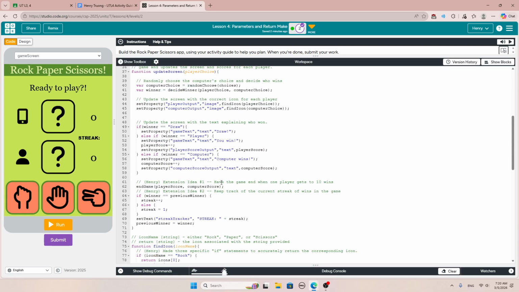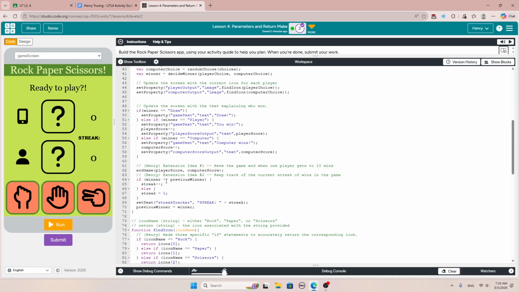And why is that significant is because later on in extension idea number 2, in the bottom of the update screen function, I use a conditional to see if winner equals previous winner, and if it does, it increases the streak by 1. But after each button is run, if it's a computer win, our win, or a draw, the streak is still going to be a 1 because it's one draw, one win, or either. And that's my